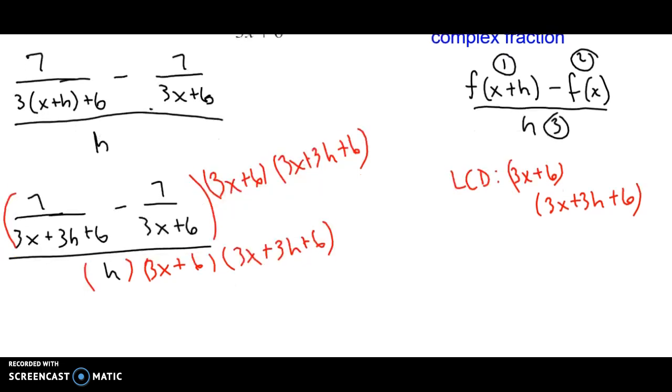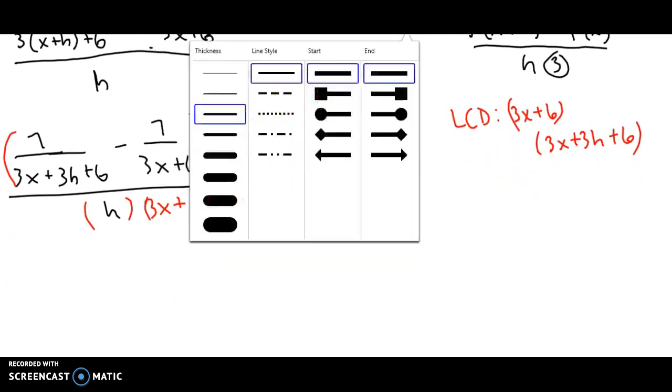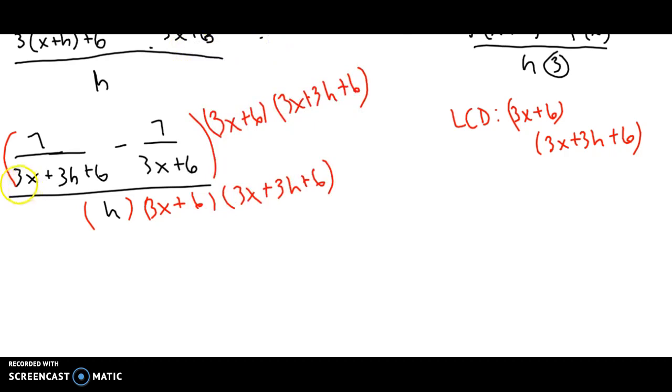So that everything gets multiplied by its LCD. But when I do this, I ultimately get to cancel everything. So when I look at 3x plus 3h plus 6, I can cancel this one and the denominator, and I'm left with 7 times 3x plus 6